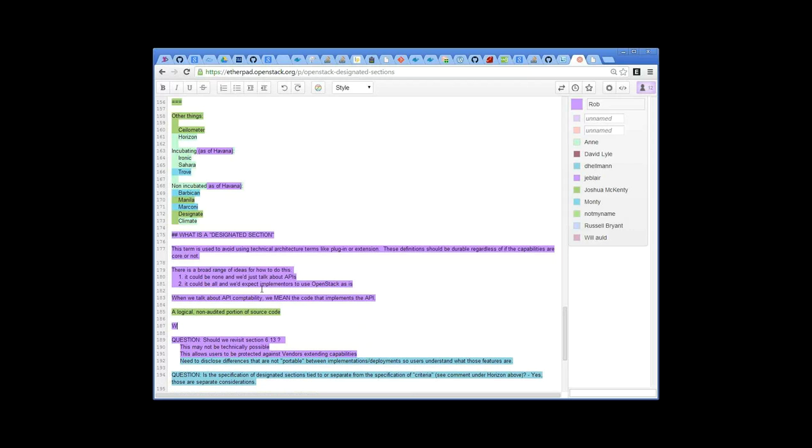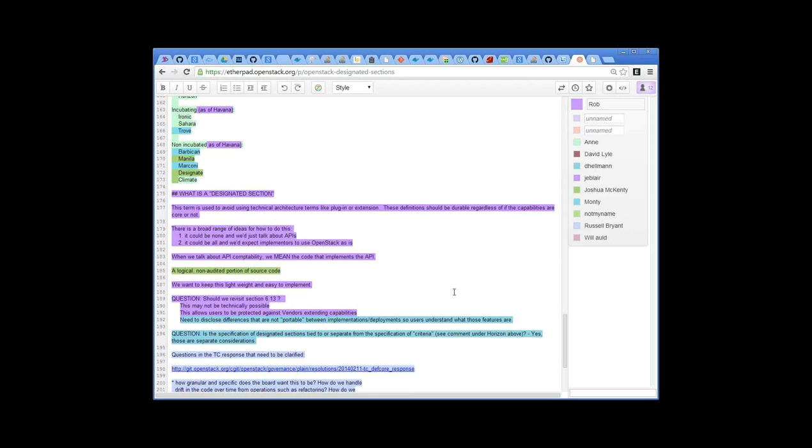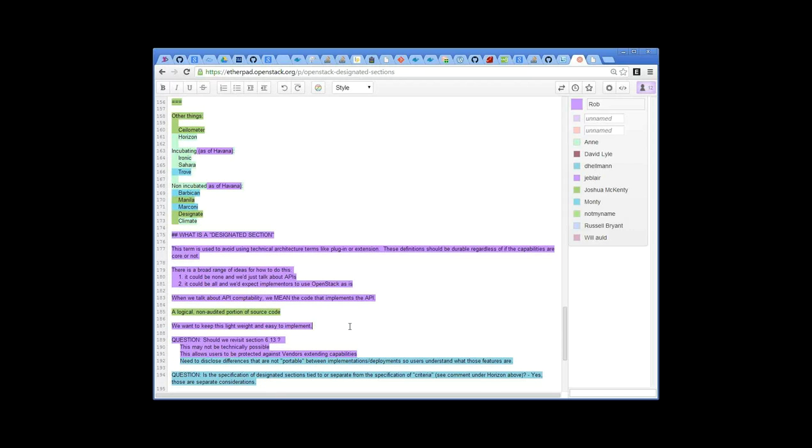Right? If we're saying, hey, scheduler's a designated section, that means if you're improving the scheduler, it needs to be upstream. I don't think we need to be saying this file and this file and this file are or are not scheduler. So that was the thing that clarified it for me at the last board meeting. Originally it seemed like we were talking about going through and making a taxonomy of methods and stuff like that inside of the code base, which is clearly insanity. So I think the idea of calling out big ticket items, and then we can address it if something is an issue later on down the road, sounds perfectly sane.